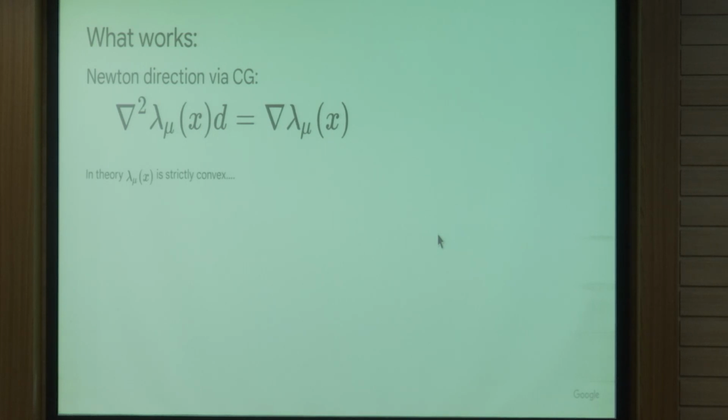And how do you compute Newton directions using this trick? So in principle, for your regularized function with lambda and mu, the Hessian is positive definite. In theory. In floating point, it's not. Because essentially it depends on the curvature, but if the curvature is 10 to the minus 50, that's 0. So you have to be careful.